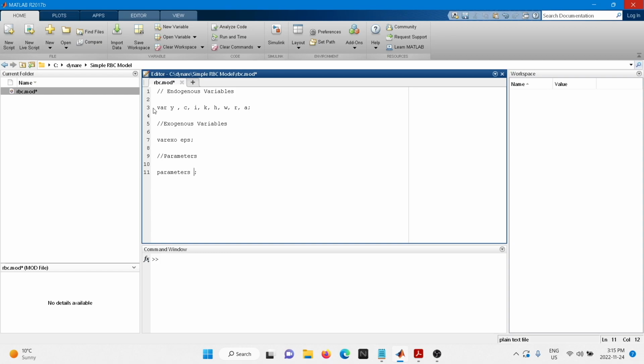Similarly to the way we have written all the endogenous variables, you're going to write all the parameters here separated by a comma. So we're going to start with alpha, beta, delta, gamma, and the last parameter is rho. Next, what we need to do is define the values of these parameters. You're going to write the name of the parameter, for example, alpha equals, and here you have to write the value. The value for alpha, the share of capital in the model, is going to be 0.35.